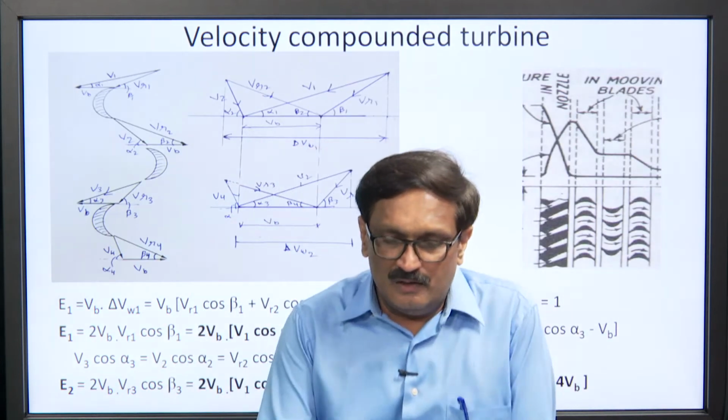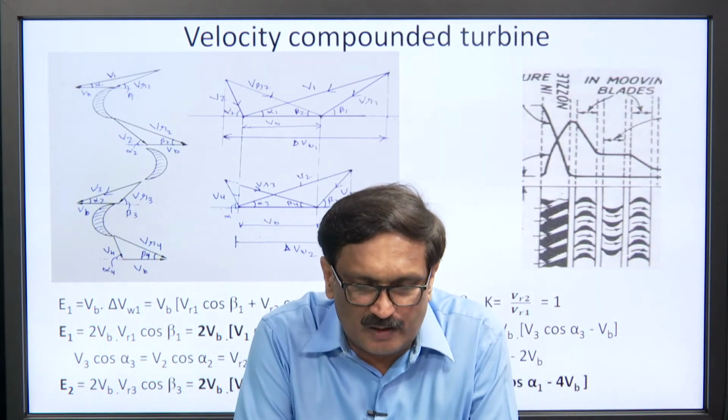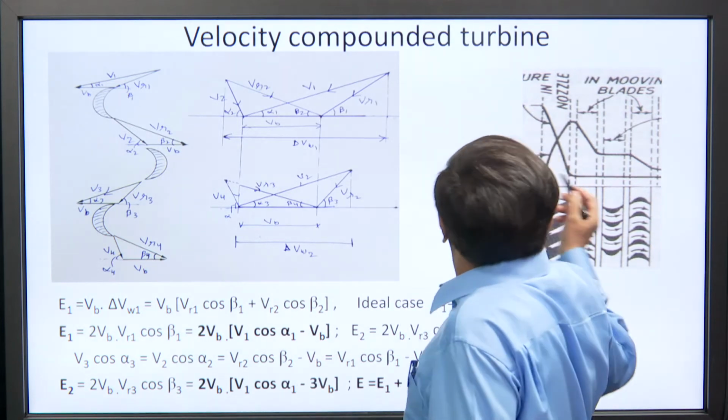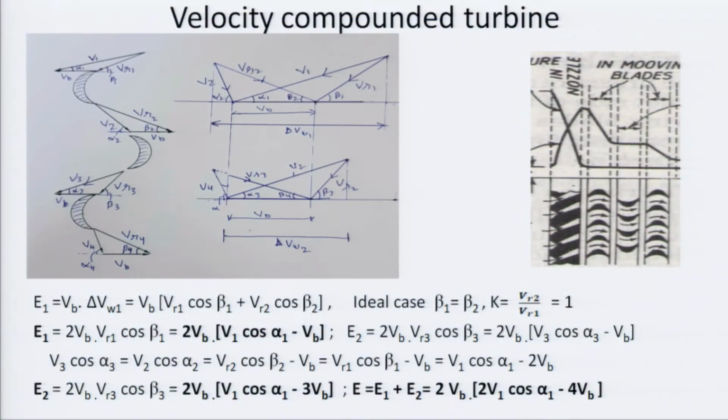So, when we come to the velocity diagram of the velocity compounded turbine, as we see, suppose this is the first stage, nozzle, complete pressure drop, velocity enters from Vi and leaves from Vo. In this it enters from Vo and leaves at another velocity, which is the inlet to this, then it is going to leave here. In detail we can see here, suppose this is the first moving blade, this is the fixed blade, this is the second moving blade.